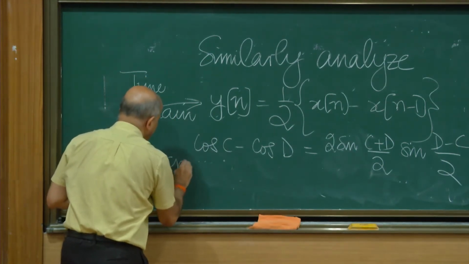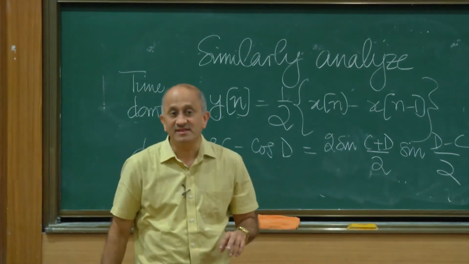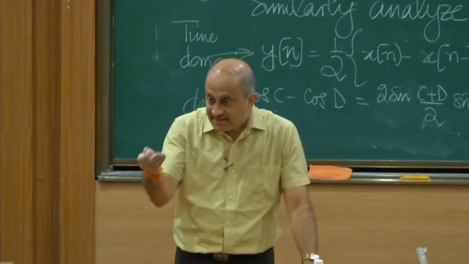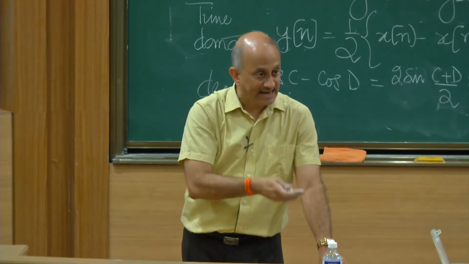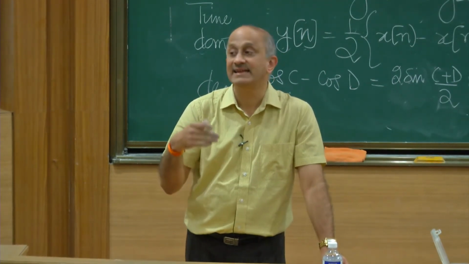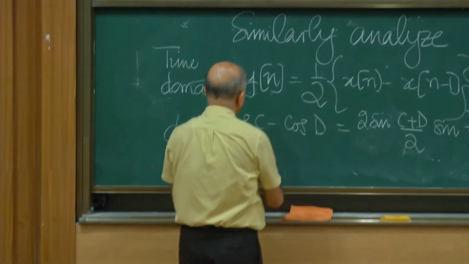This is a time domain description of the system. It describes what the system does in the natural domain. The sequence naturally is a function of time, so it describes what the system does in the natural domain. What does this do?